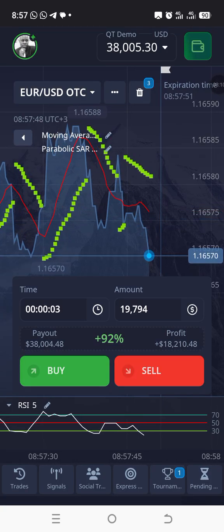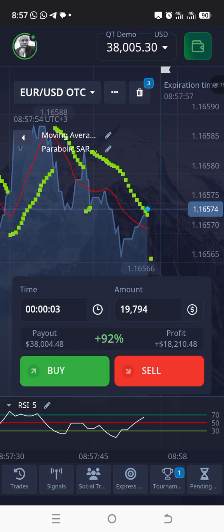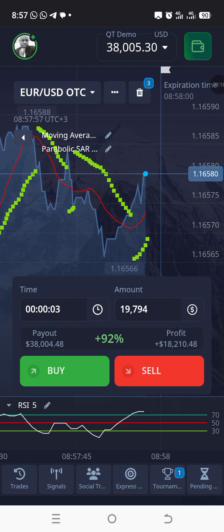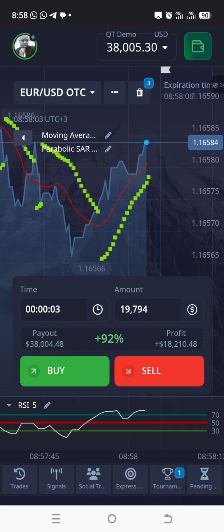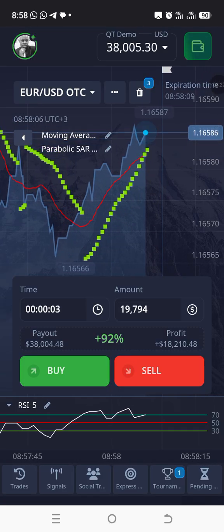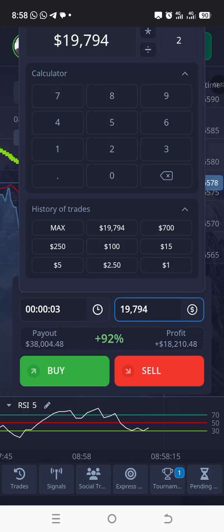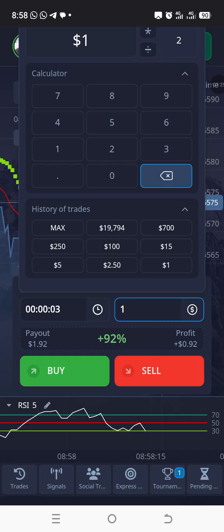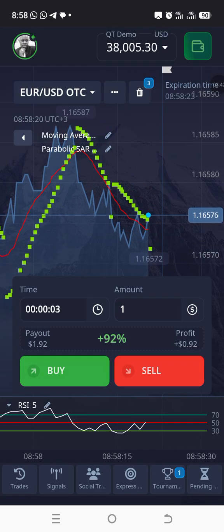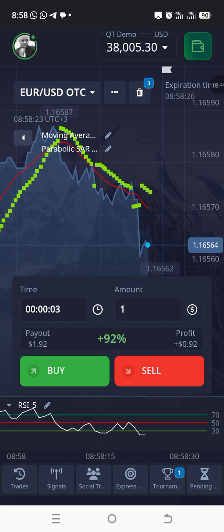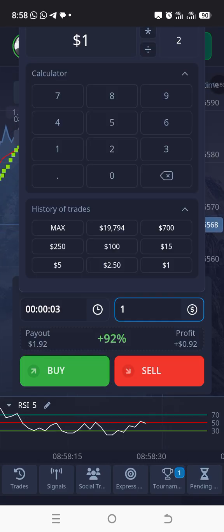Now, your eyes should be on parabolic SAR. These green stars, you see when it is going down, they always go down. The same way moving average also reflects. When the market is going up, they start rising up. Now, for you to be successful on this chart, always trade with either $1, $2, $3, $4, $5. Now we want to raise $1,000, so we are going to use $5,